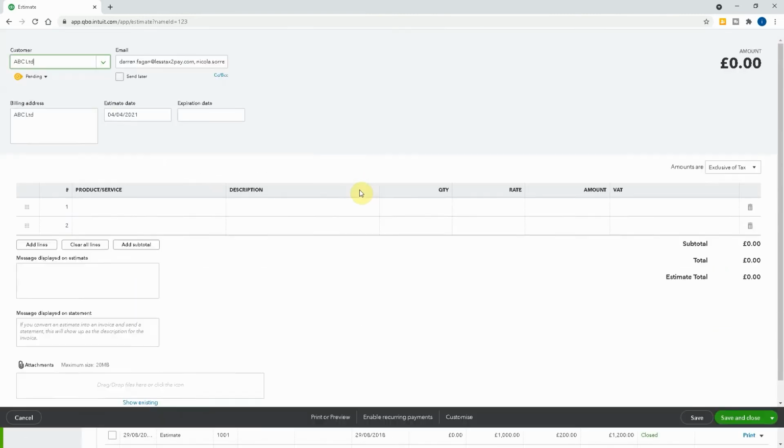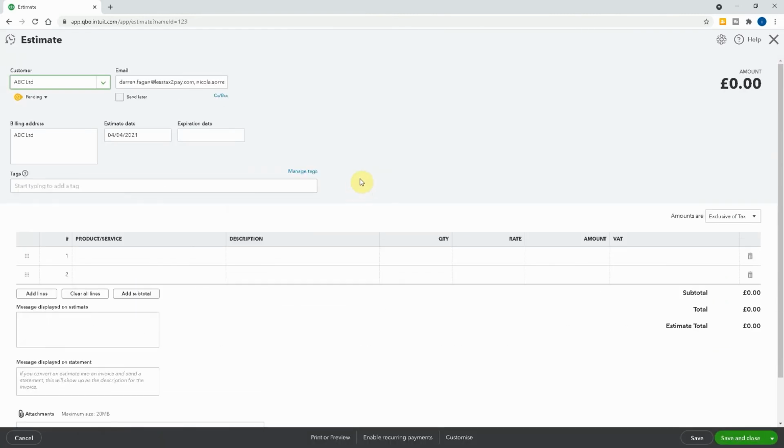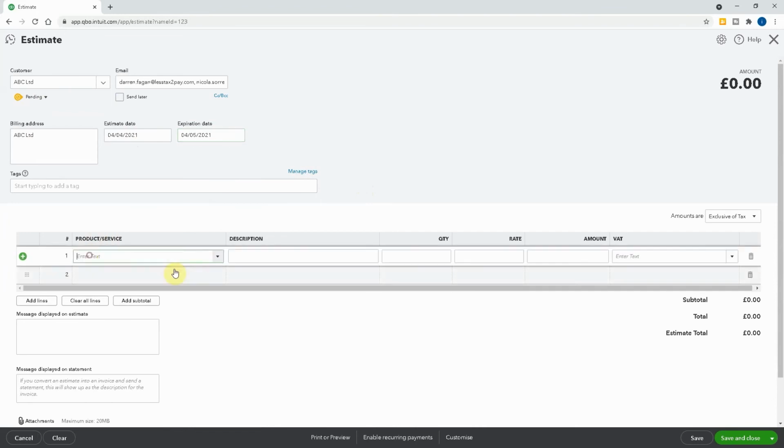Now this will bring up in essence like a sales invoice, but it is an estimate. And what you have here is a pending tab. So whether it's pending, accepted, closed or rejected, you can keep track of your estimates. Obviously there's the estimate date and the expiration date on the estimates, so generally people will give 30 days, so you can set this for the 4th of May, and then what you can do is give a description, so